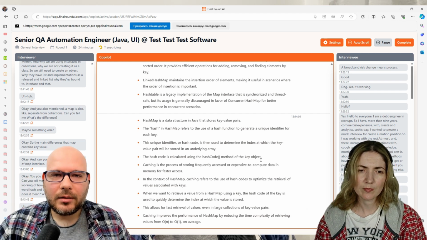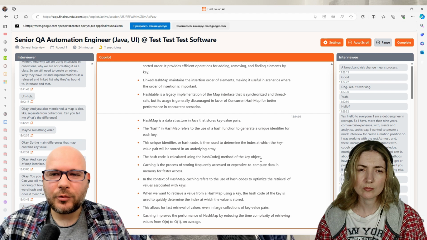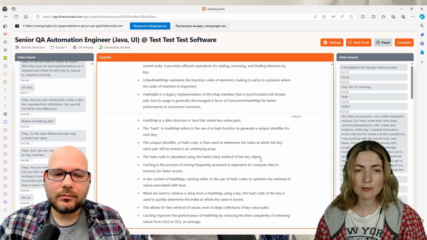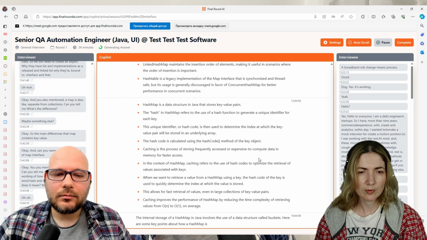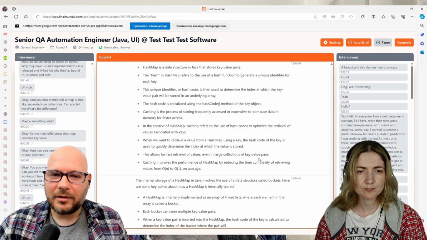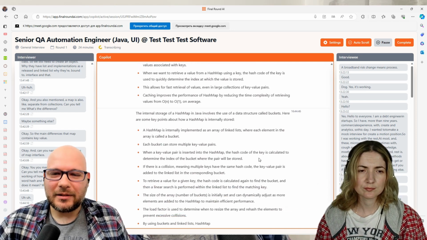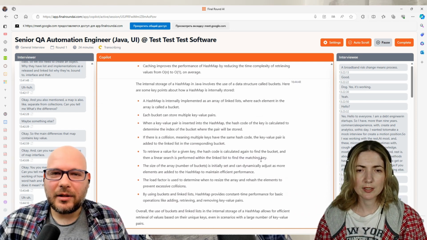Okay, and how is it internally stored in a hash map? Do you know something about buckets? Yeah, when we have collisions, yes. Do you mean this? Generally, it's not only about collisions, so you're just storing it in that way. Can you tell me more about how it's actually stored internally in a hash map? Yes.